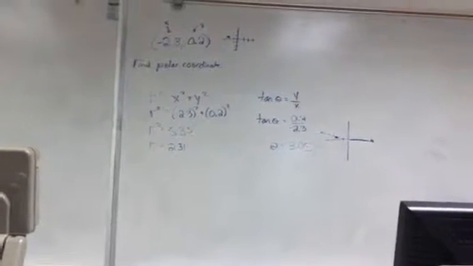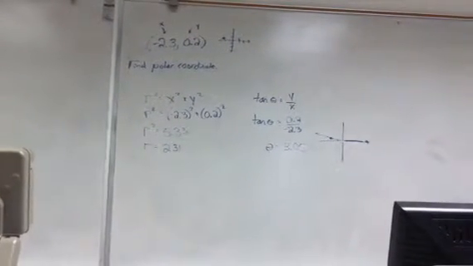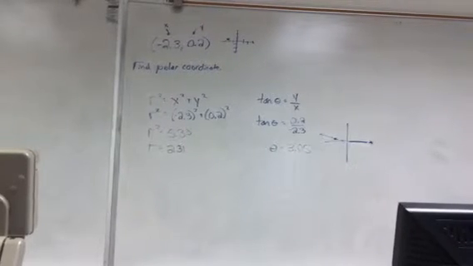Okay, so if they don't match quadrant-wise, that's when you need to add pi to get it in the right quadrant. Couldn't you also